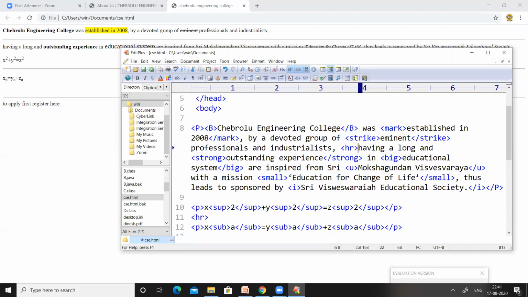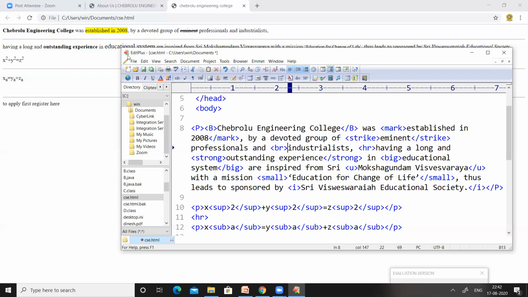There is one more tag called the BR tag. There is a lot of difference between the BR tag and the HR tag. For example, let us use this BR tag. We have already seen this BR tag. When we use a BR tag, we are applying a break, meaning the text after the BR tag will be represented in a new line. Here I used the BR tag before "industrialist". From "industrialist", the entire paragraph will be represented in the next line. Both these tags, BR and HR, are called empty elements.